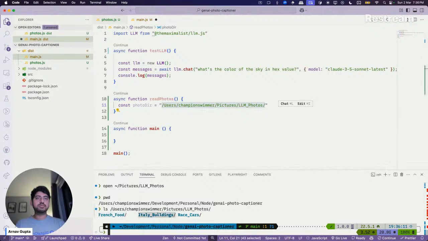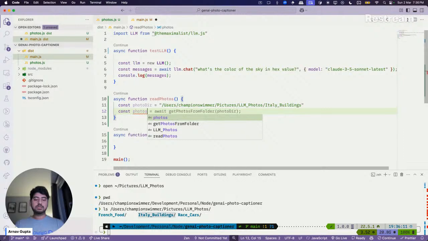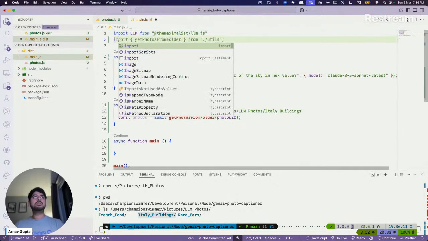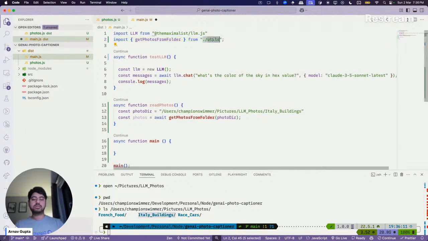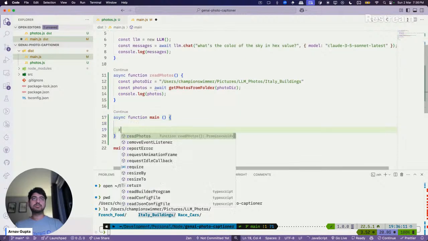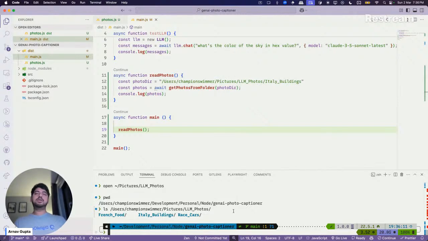Let's do that. All Italy buildings, okay. I have to import this. Cool. See if I'm able to read the photo data or not.